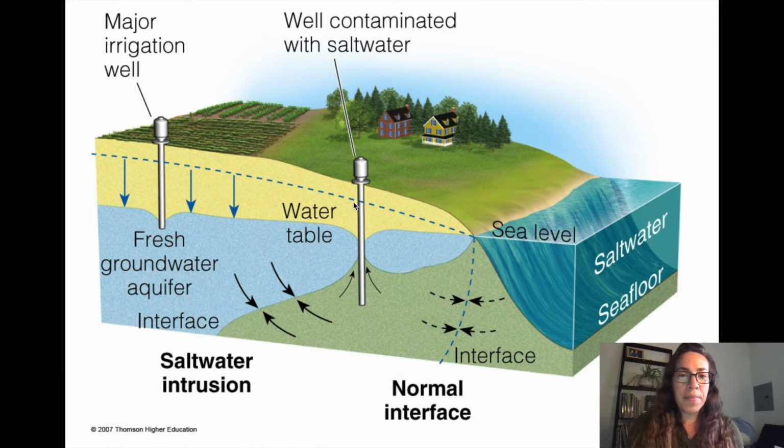And so what can happen is if you tap into that area, if you draw up too much from your groundwater aquifer, the interface between fresh and salt moves towards those wells. And so saltwater intrusion is a really big challenge for a lot of coastal communities that want to rely on